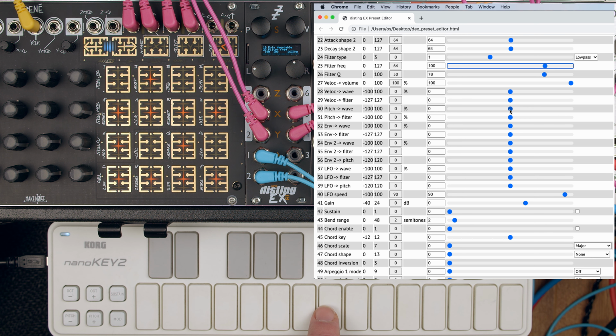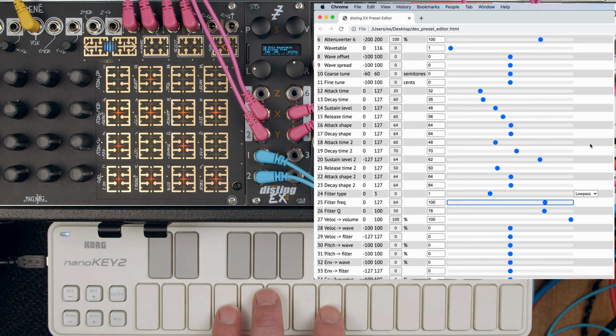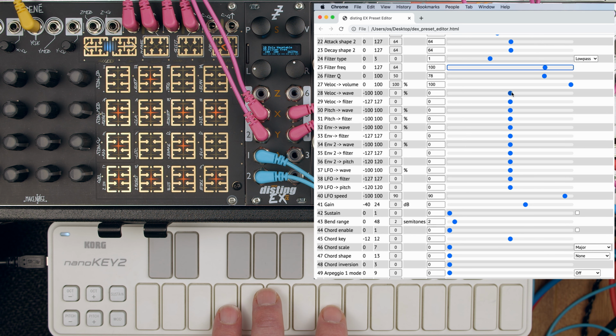Pitch to wave. Now that's basically keyboard tracking affecting the wavetable position. I'm just going to go back and make sure I put spread off. Yeah. So by default, that's all using the same position in the wavetable. If I put pitch to wave on,